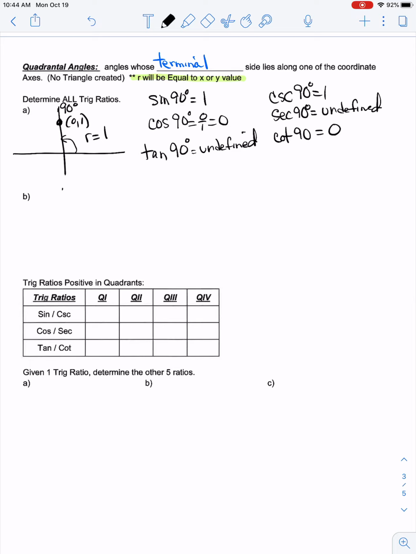Okay, let's suppose we do pi. So this first one was for 90. Let's do pi. So we come across over this way. So we're at -1, 0, and in this case, r is going to equal 1. Okay, so then you drop in here: sine of pi is 0,